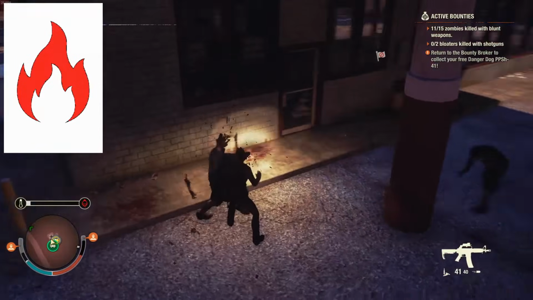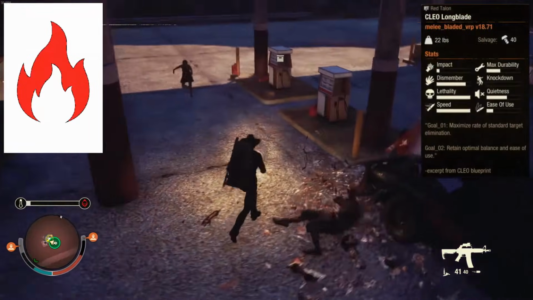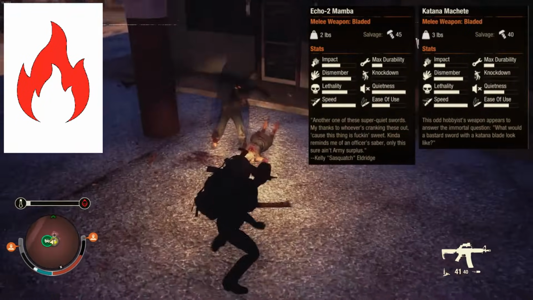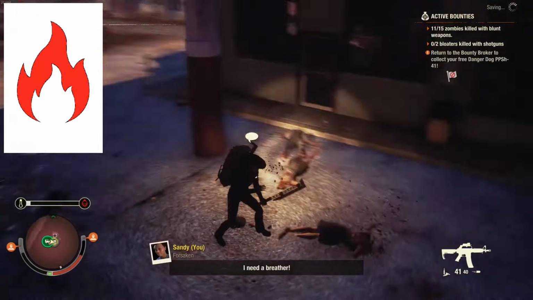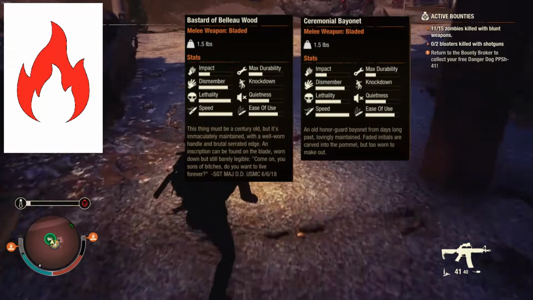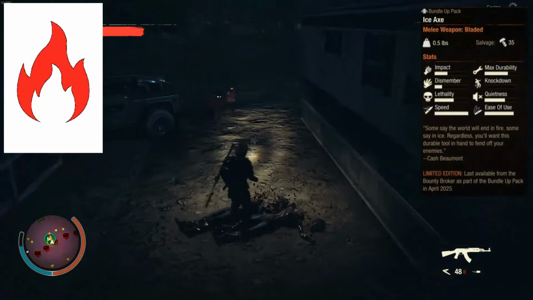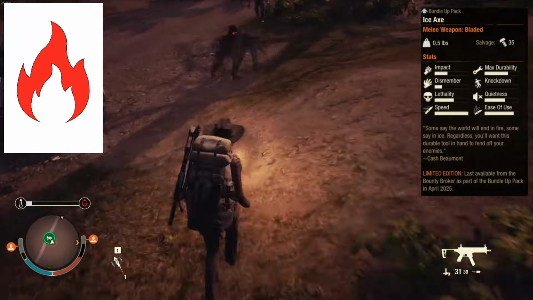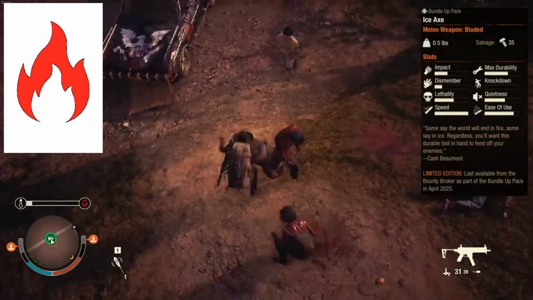So the best weapon is probably Red Talon's Clio Longblade, but that might be too rare and or overpowered. So the Echo 2 Mamba, 2 pounds, and the Katana Machete, 3 pounds but hardier, are good enough. There are other decently lethal choices, the Bastard of Bellowwood, the Ceremonial Bayonet, or the unusual Ice Axe from the Bundle Up pack. The Ice Axe is less lethal than the others, but is outstanding in other statistics. Speed, ease of use, weighs half a pound, and highly durable,